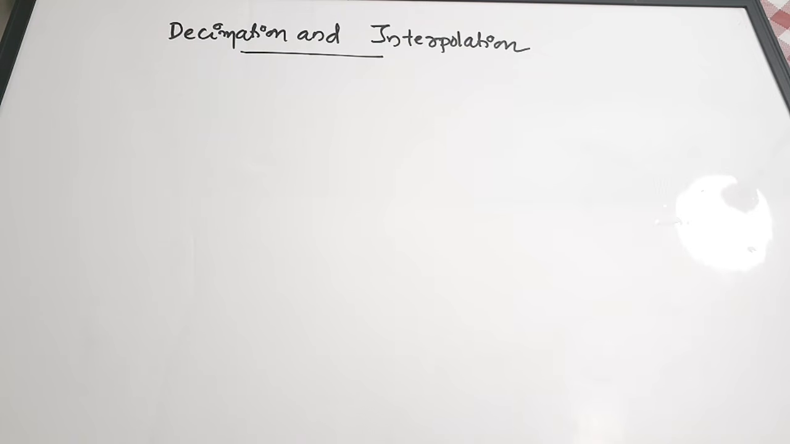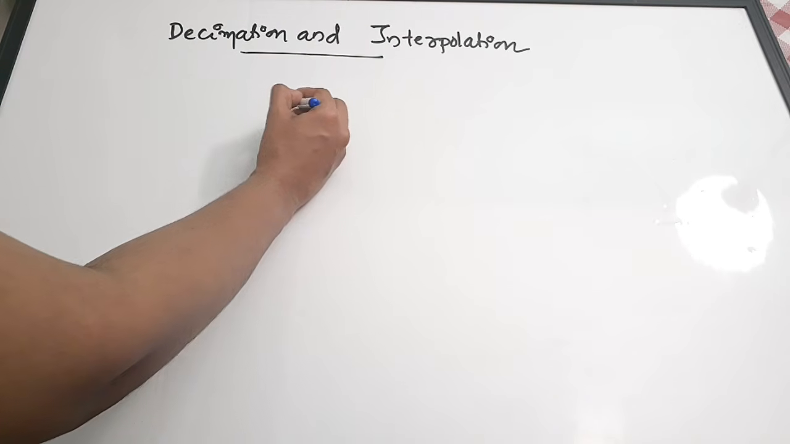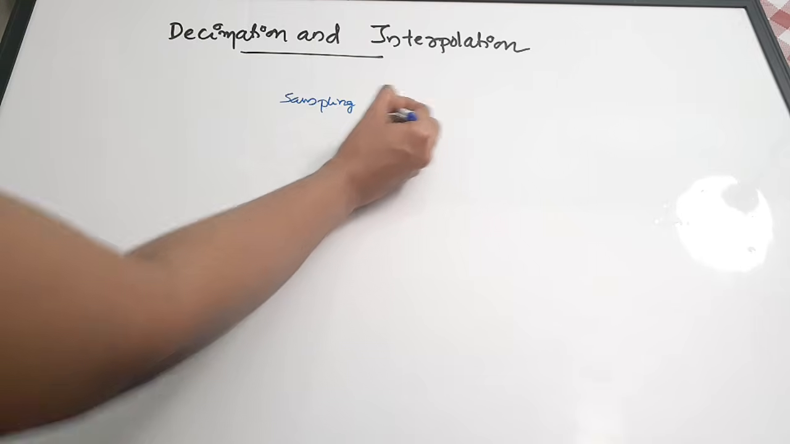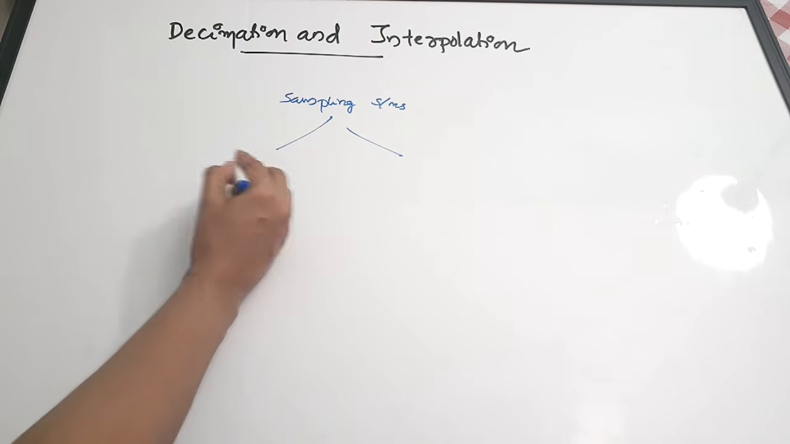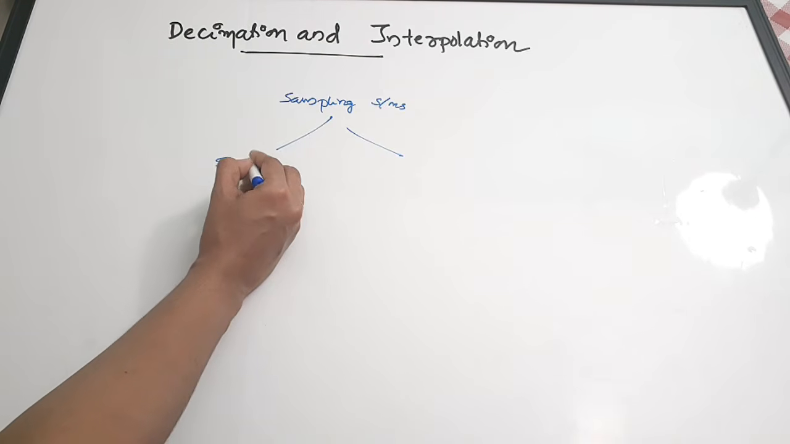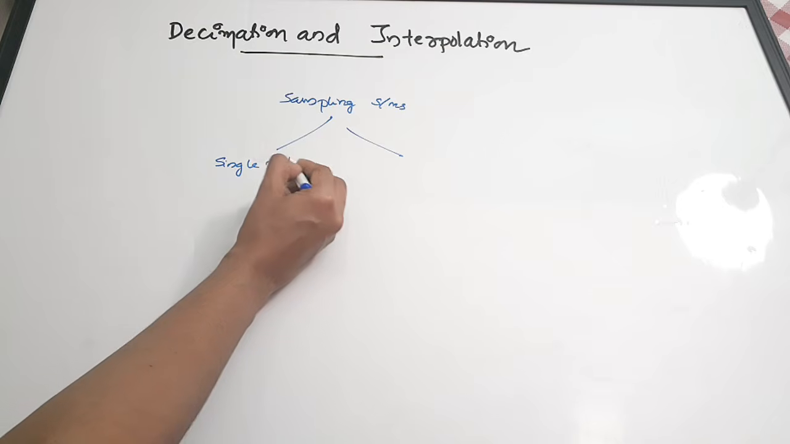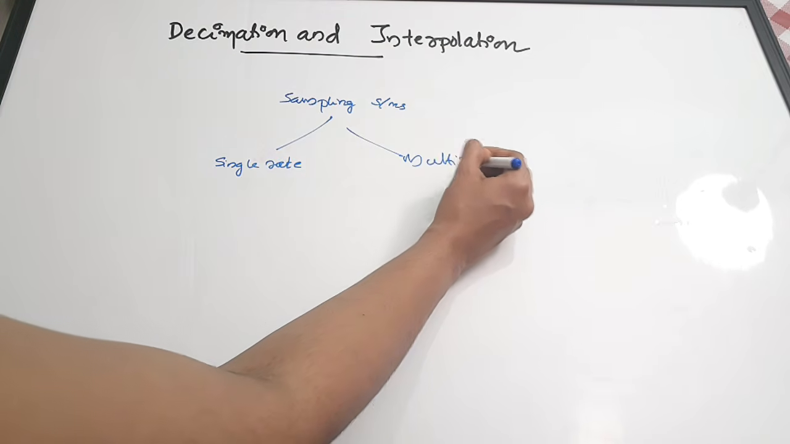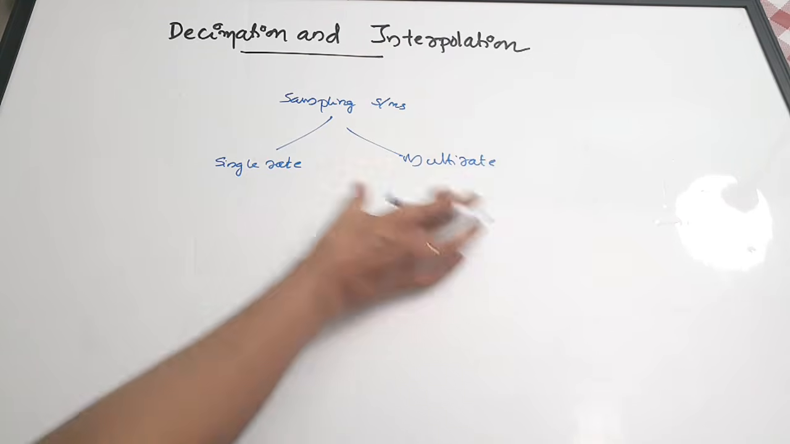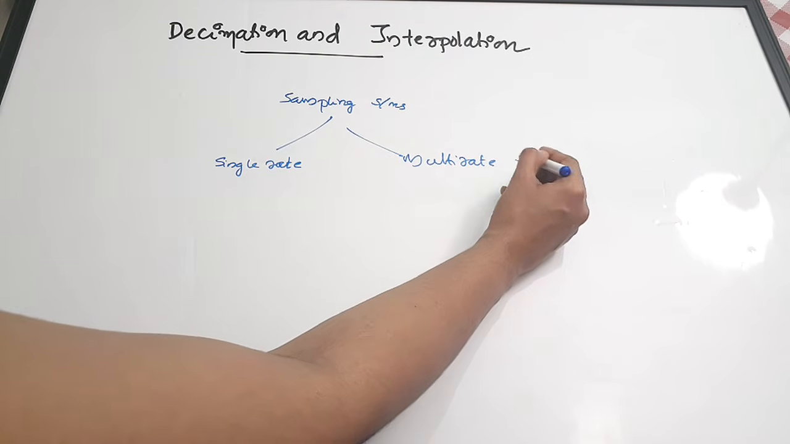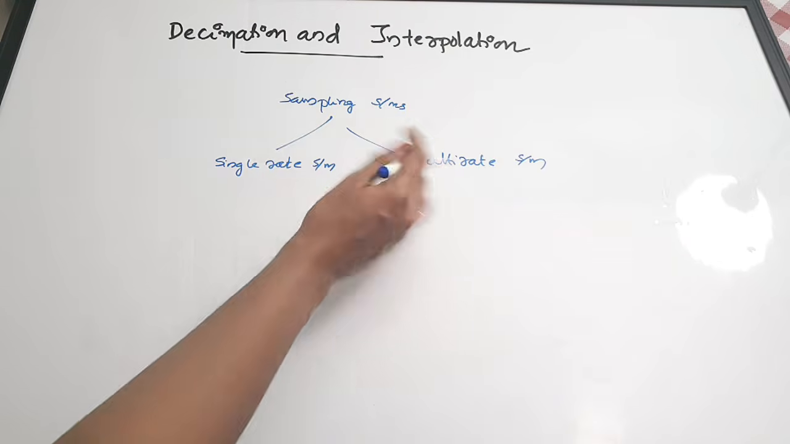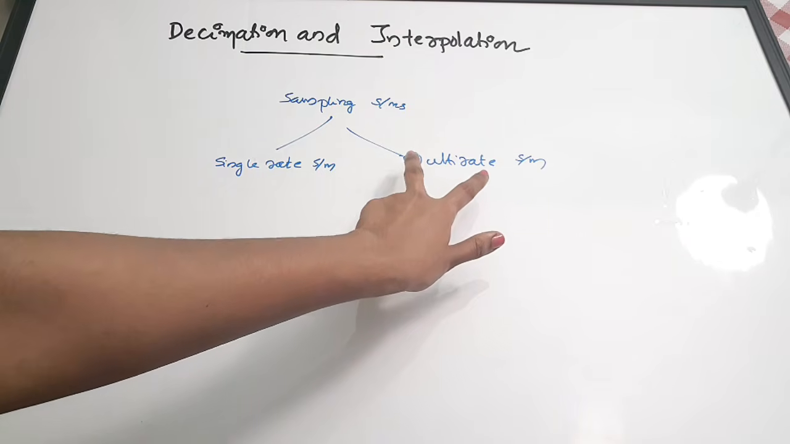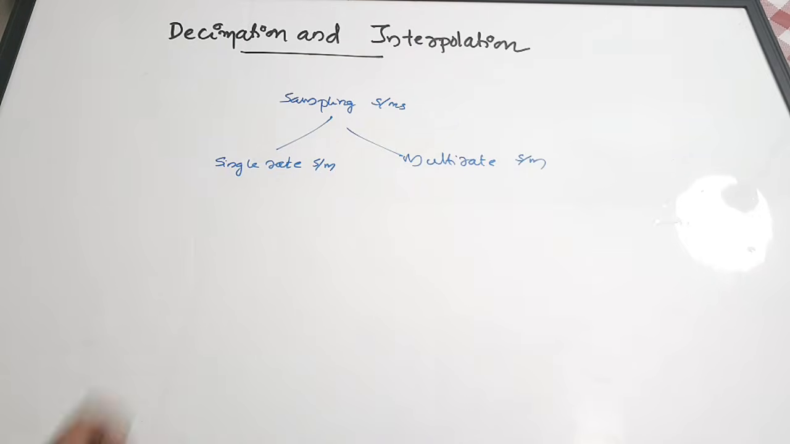Now there are two types of sampling systems. Sampling systems can be classified into two types mainly. It can be single rate sampling systems, or multi-rate sampling systems, meaning these systems have more than one sampling rate. Now the two basic operations we do for performing multi-rate sampling are